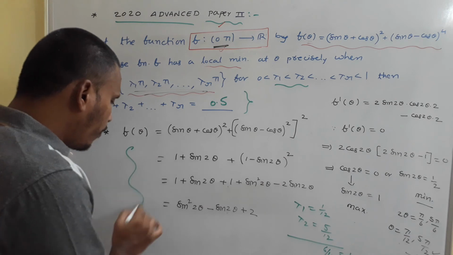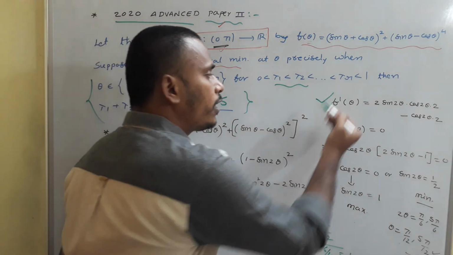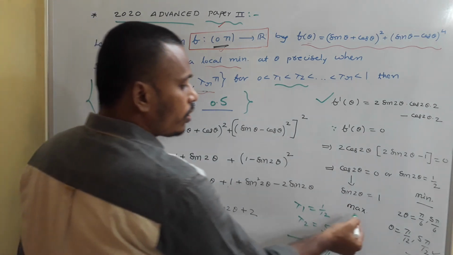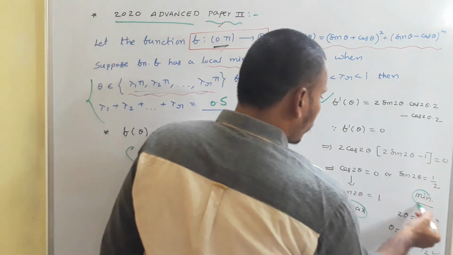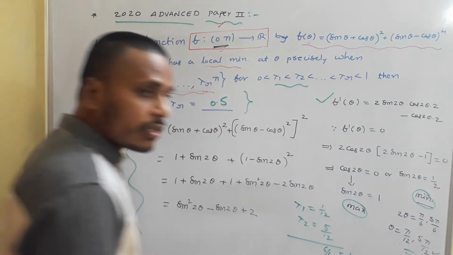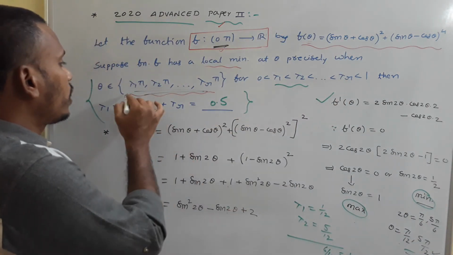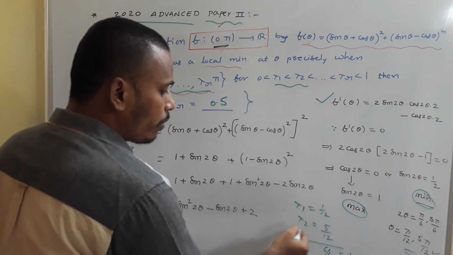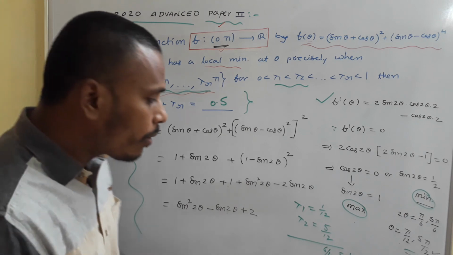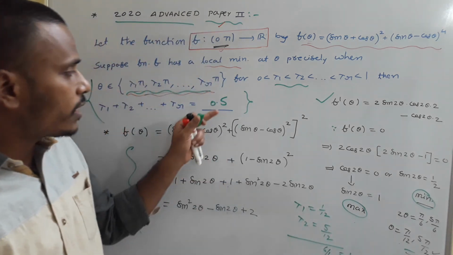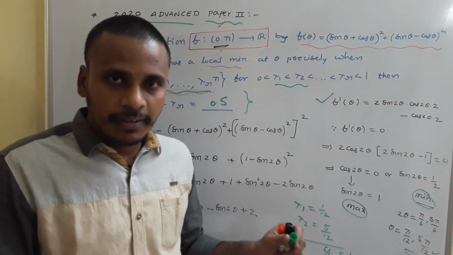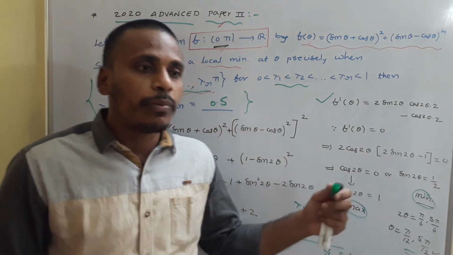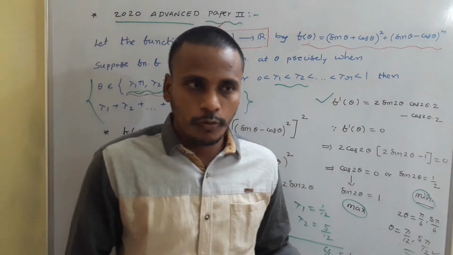Have a look. First of all, simplify the function and then write f dash of theta. Then for maxima and minima, check f dash of theta equal to 0. This is corresponding to maxima, this is corresponding to minima. We have only two thetas. Then when you compare those thetas with the lambdas of the given set, we have lambda 1 as 1 by 12, lambda 2 as 5 by 12. We have only two lambdas, and the sum of lambdas is 1 by 2. Our answer at the end is 0.5. That's another problem asked in the JEE Advanced 2020 Paper 2, related to applications of derivatives.